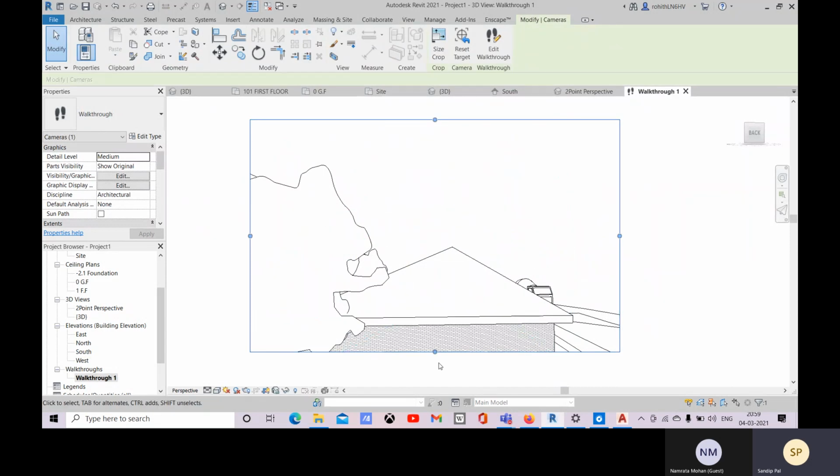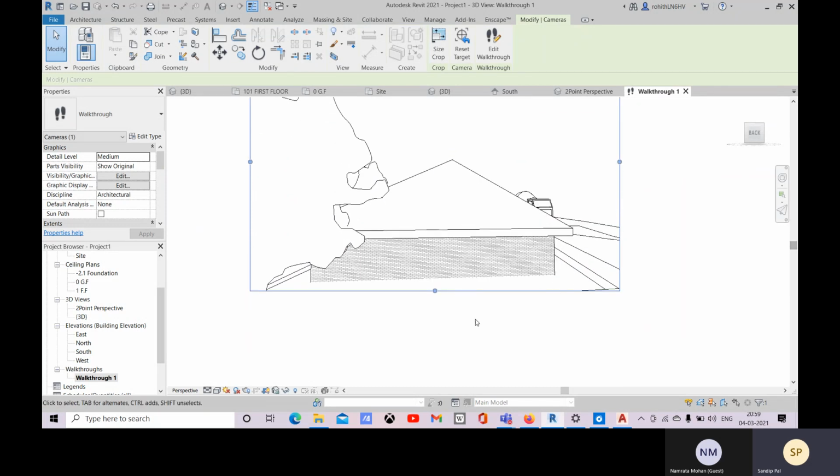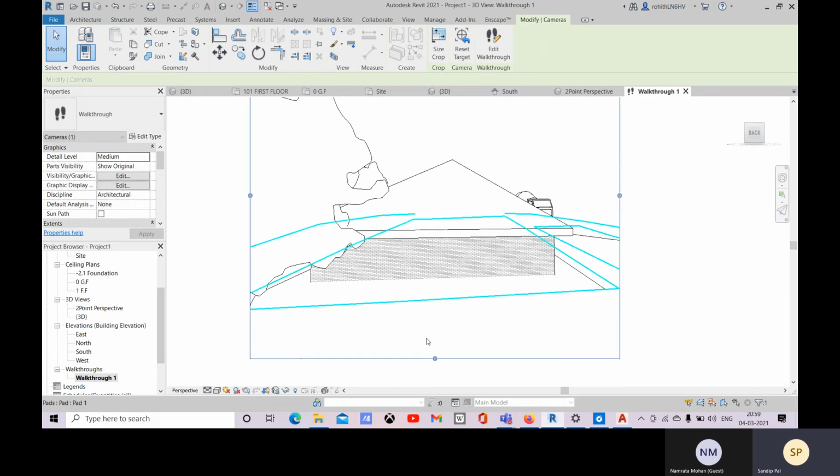These things should be selected, and let me choose this. Let me change the view.